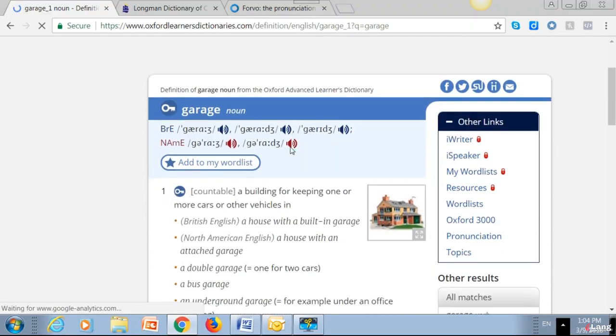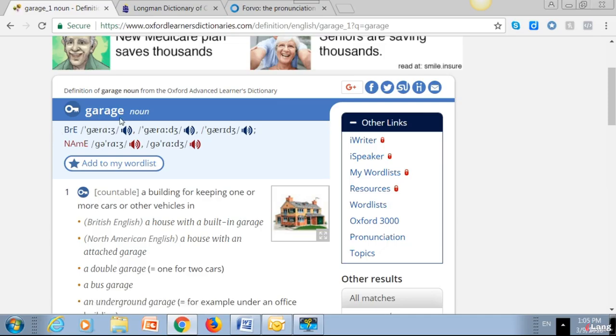garage. Now you'll notice here that British English, the blue, has 3 different acceptable pronunciations. You can see them written phonetically and you can hear each one separately. American English has 2 different acceptable pronunciations, so you can see them and hear them both here. Now take a look at the American English again, and here are your schwas. The upside down E there, G, G. You can pronounce this as garage or garage. It's that last sound that can be a little bit different.